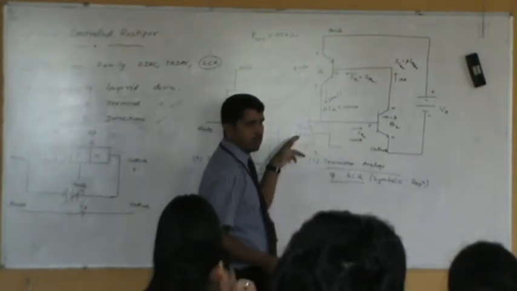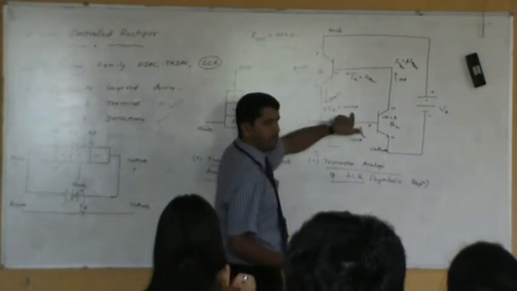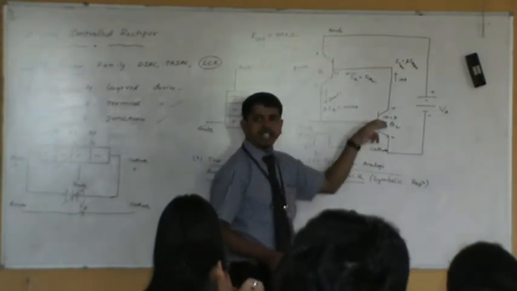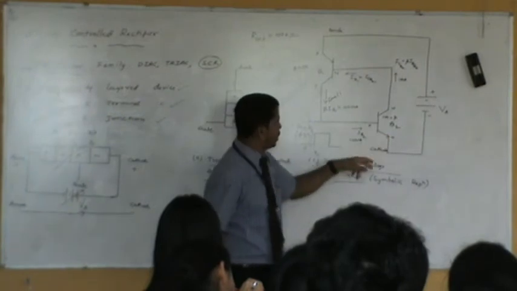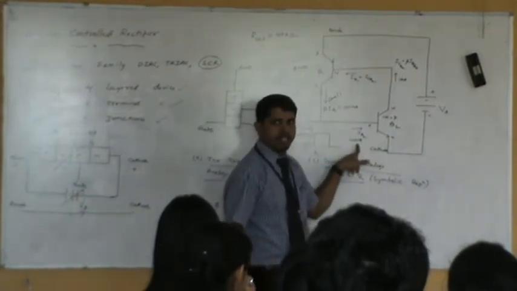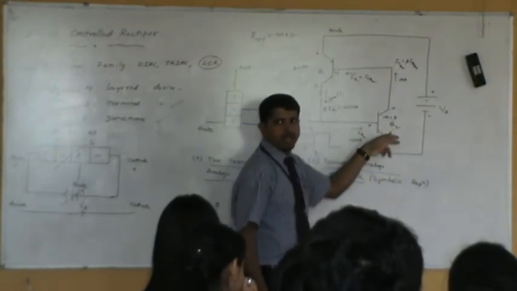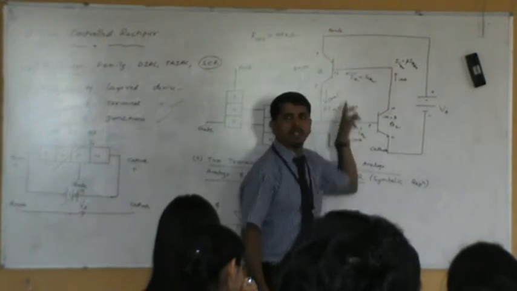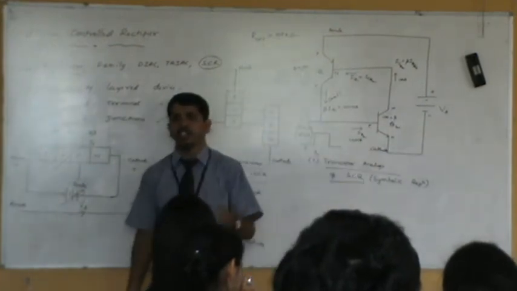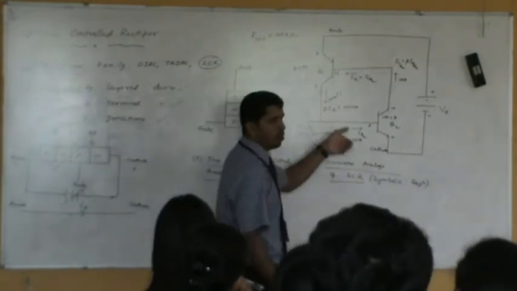If you still maintain the gate voltage positive, the incoming current of 100 milliampere gets added with the gate current, and the current will increase again. You can see that now 100 milliampere is coming. Already we have here 10 microampere, which in turn will get added, and the current will be larger again. This particular loop is called a regenerating loop. Current is generating, and with every iteration of the loop, the current will be more and more.